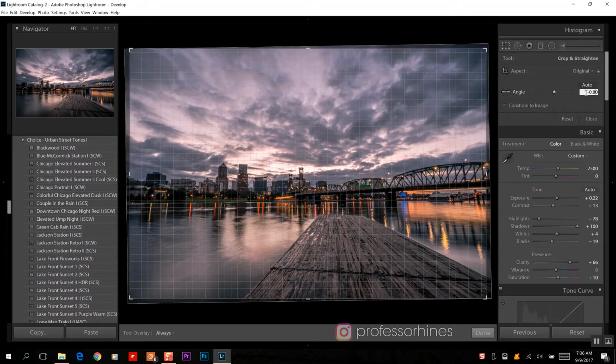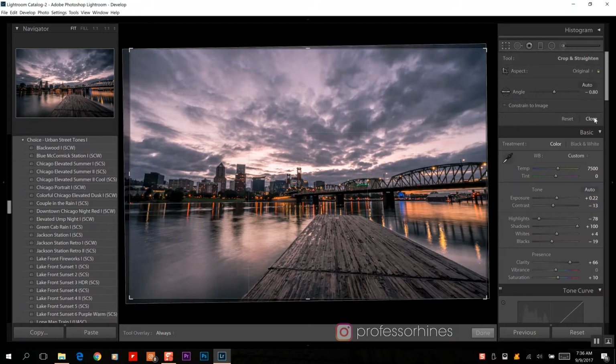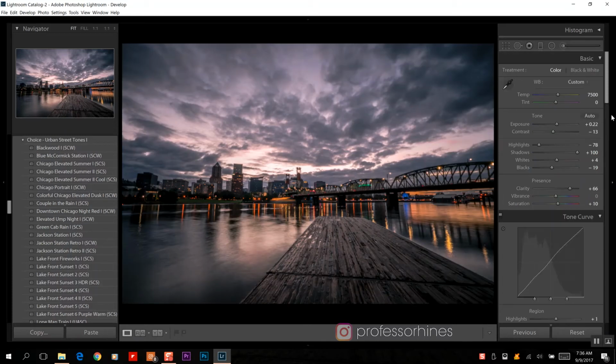And that looks good. Because see, you've got the pier down here. We kind of want to get that a little bit level since that's what we were standing on. That looks good. Okay, so now if you look at the photo, we have this dark area. I want the bridge and the buildings to be brighter, but I don't want to affect the rest of the